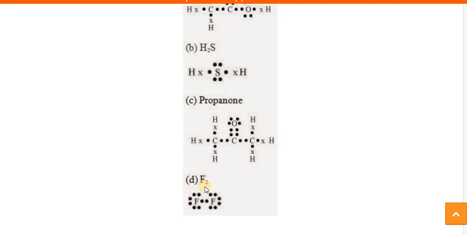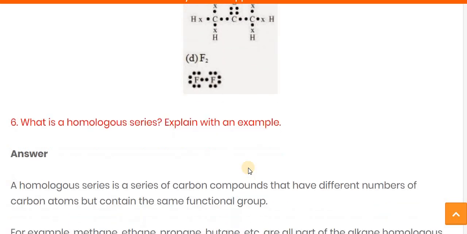In the fluorine atom, the outermost orbit possesses 7 electrons. So for the completion of the orbit, it requires 1 electron. So that 1 electron is satisfied by the sharing of electrons. Here you can see each fluorine shares one electron. So the F2 molecule is formed, and between these atoms the covalent bond is formed. Why the covalent bond? Because all the bonds are formed by the sharing of electrons. So we consider it a covalent bond.